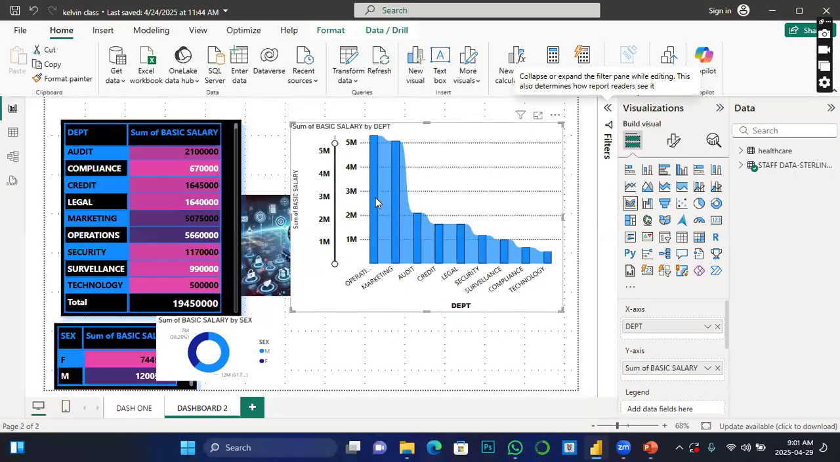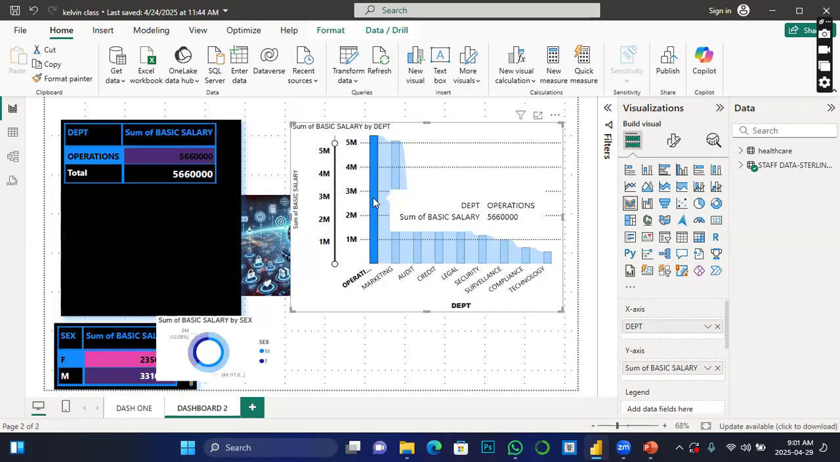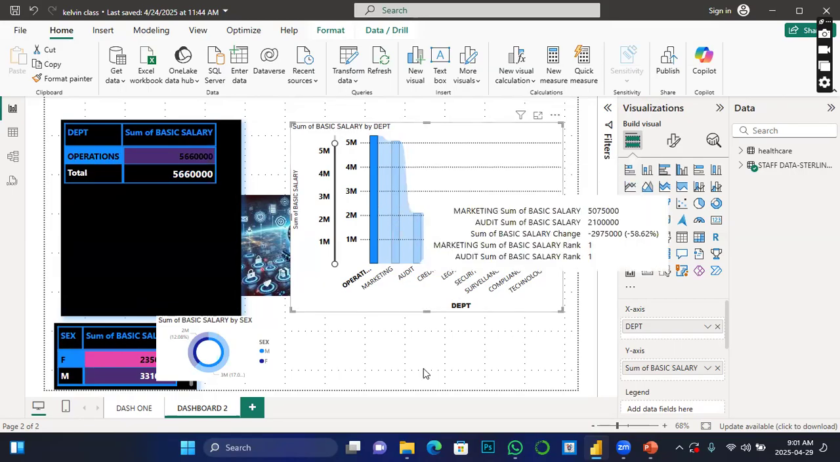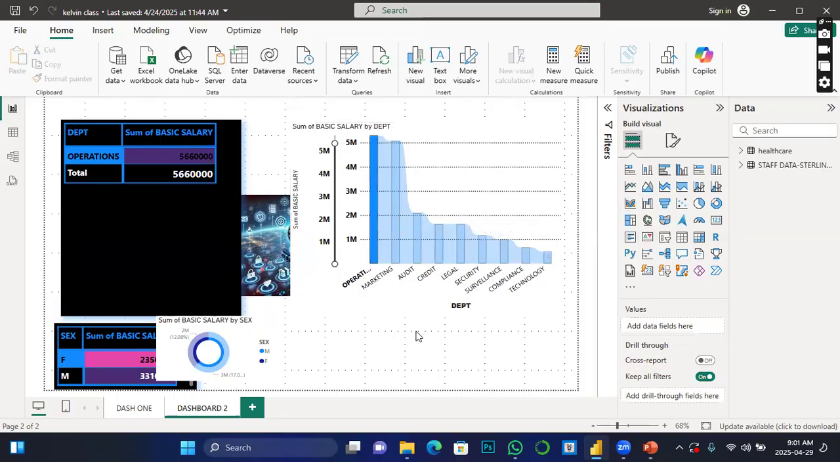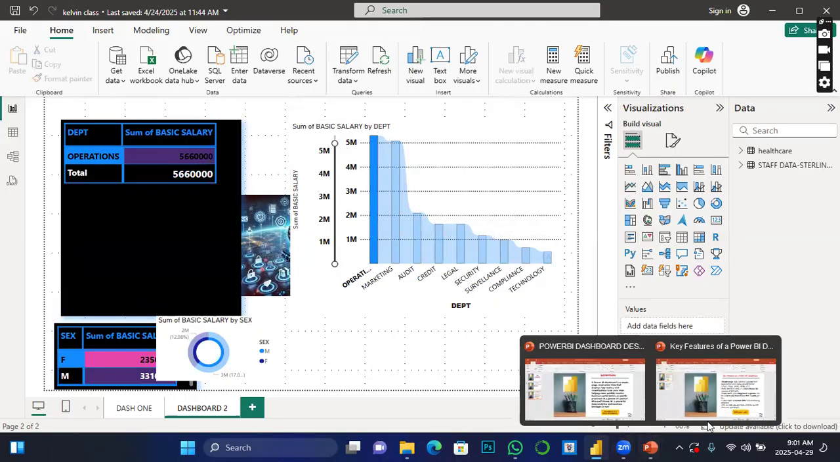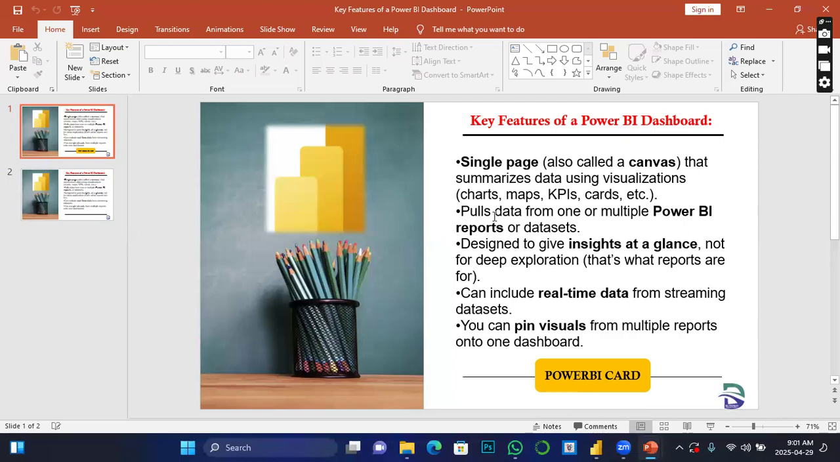Like, look up here. If I click here now, can you see what happened? This is a slicer. So every element is a slicer, until you bring out a dedicated slicer. So that is one thing we must know. That is what we are talking about here: it pulls out data from multiple reports. Now, another key feature is that it is designed to give